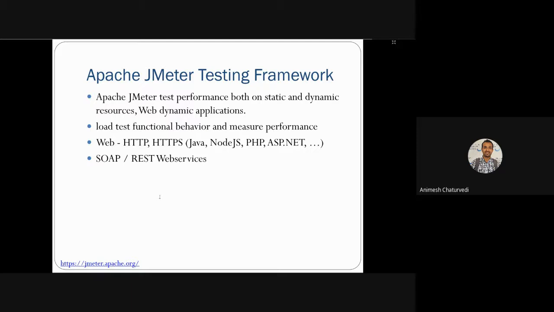Web service dynamic applications, how they are done. Then load testing, functional behavior, how they perform, measure of some performance. Then web HTTP and HTTPS are there, Java, Node.js, PHP and ASP.NET. These are the things that could take place. SOAP and REST web services are there.